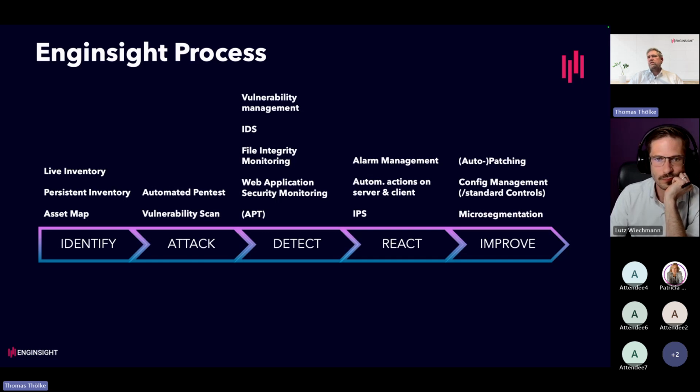But obviously it also makes sense in terms of incident response, saying, okay, how can I quickly shut off certain parts or limit certain parts from communicating with others. So that is a process chain that we look at when we talk about Enginsight and when we talk